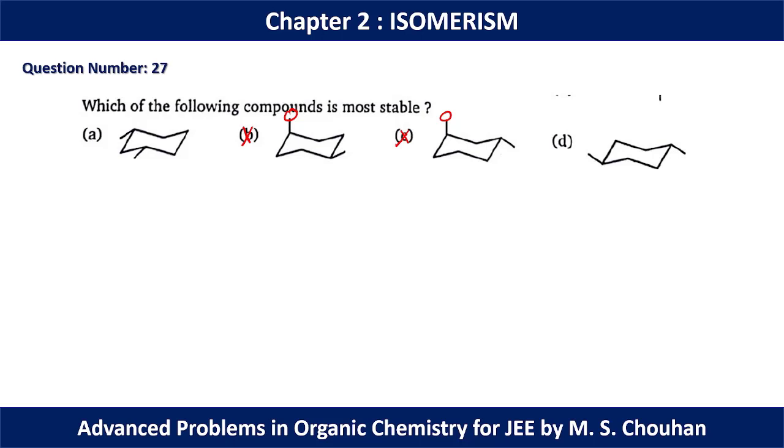Okay, but in option A we have a syn-like situation and they are on the same side, so there is a chance of steric hindrance here. But in option D we have two functional groups opposite to each other and they are very far from each other. Maximum distance is in option D. So the two methyl groups are present at the maximum distance which is possible in cyclohexane, which is the most stable situation in this case. So in question number 27, option D should be the correct option.